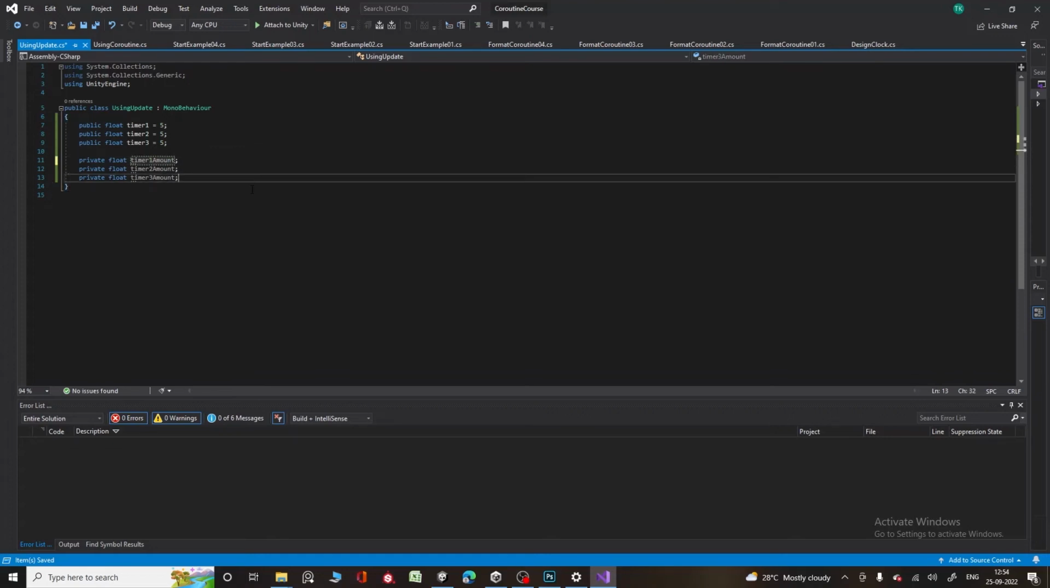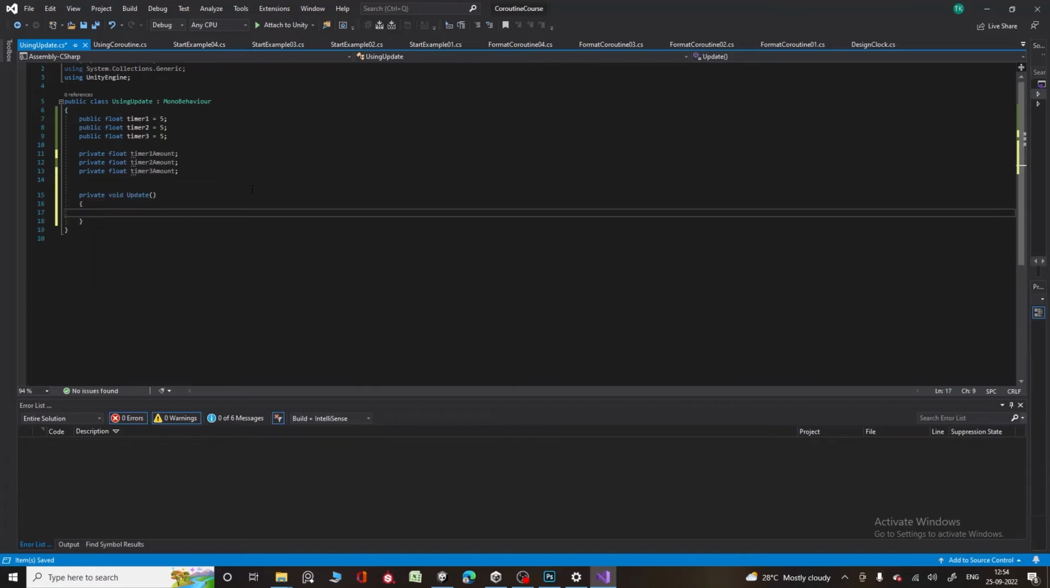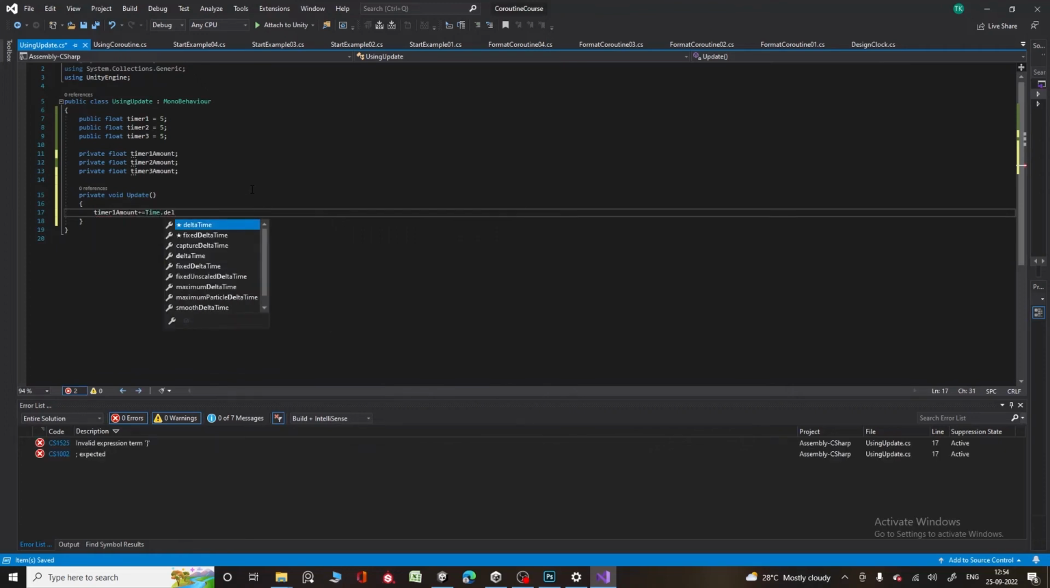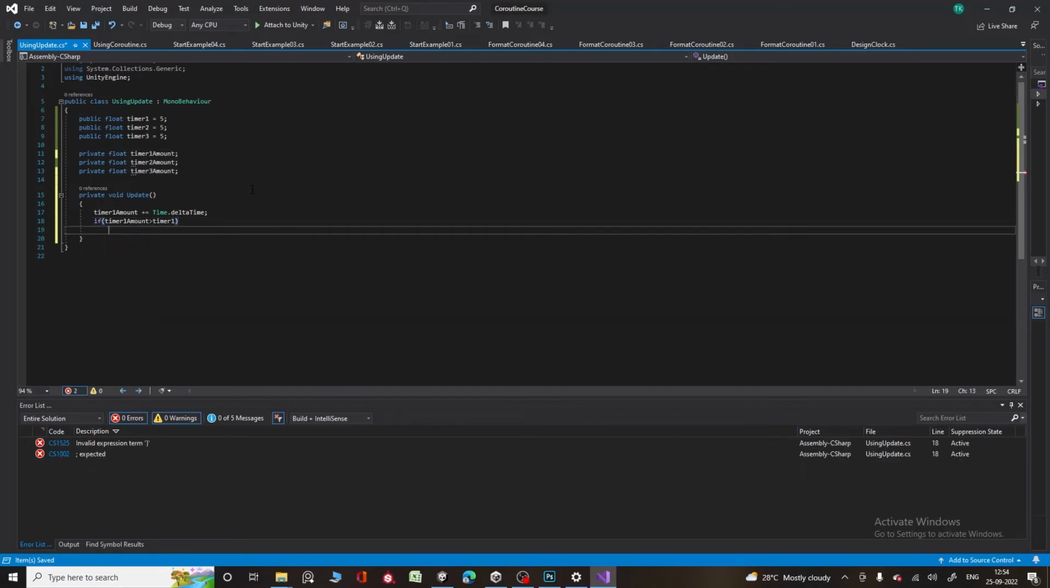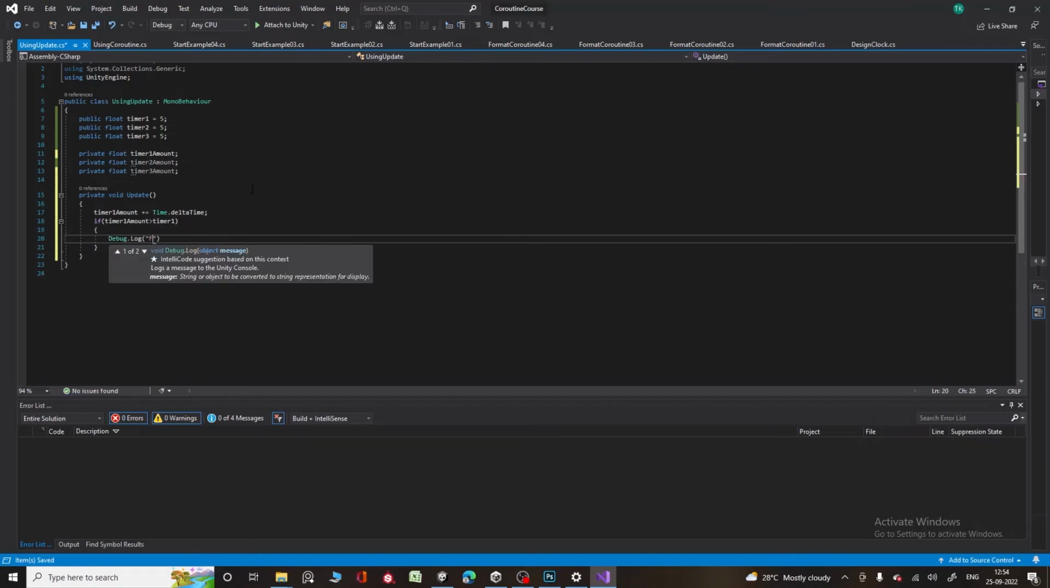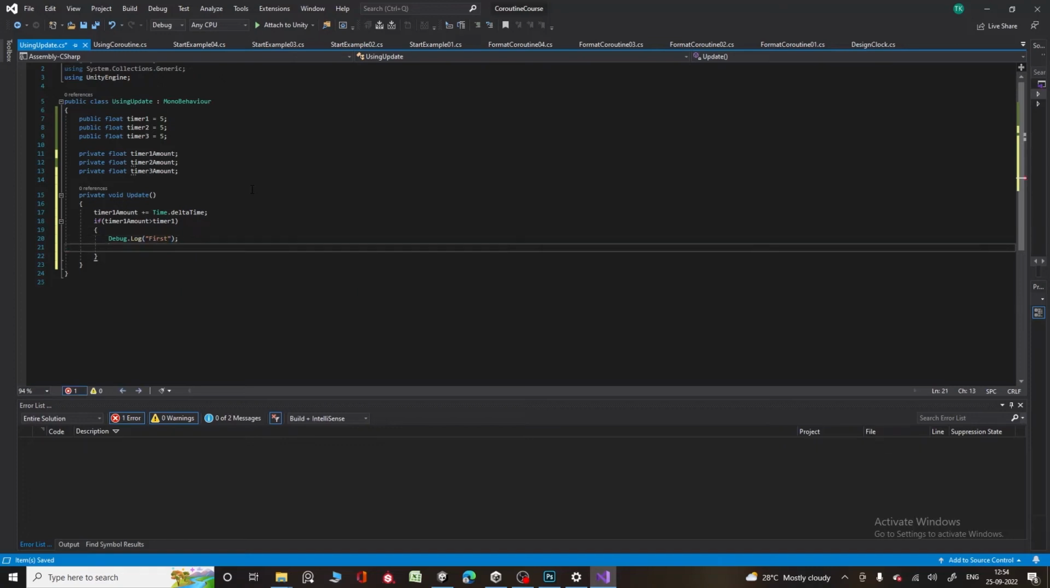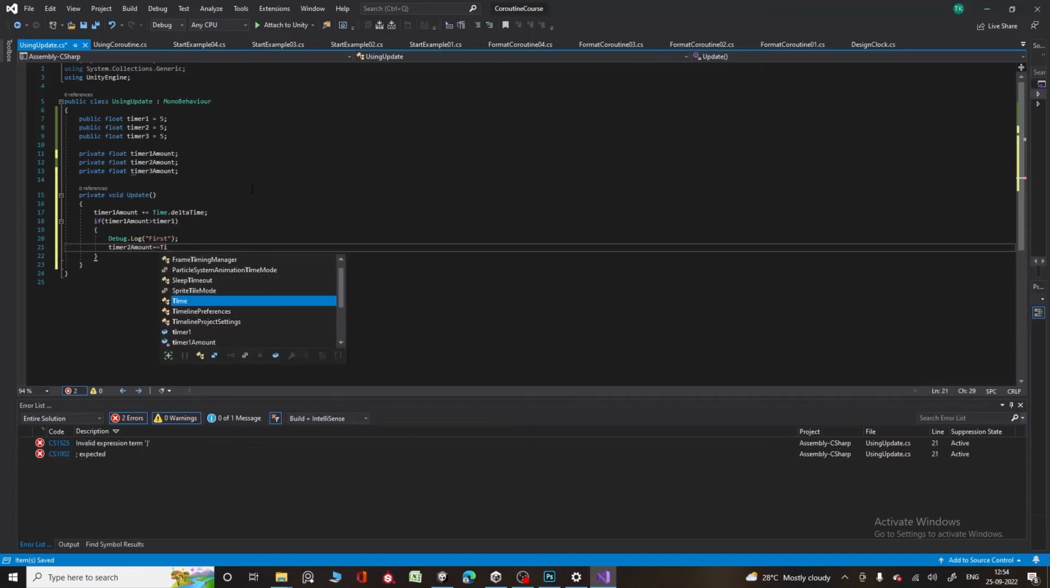So let us now move to the Update method. Void Update, and here we are going to increment the timer 1 amount by Time.deltaTime, which is the time taken every frame update. And if timer 1 amount is greater than timer 1, only then we are going to print Debug.Log first, and then we are going to start the timer 2. Timer 2 amount plus equals Time.deltaTime,